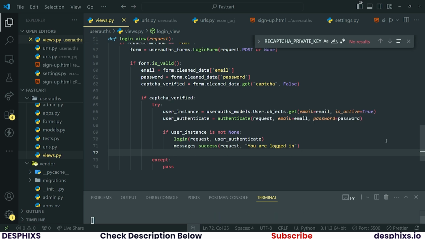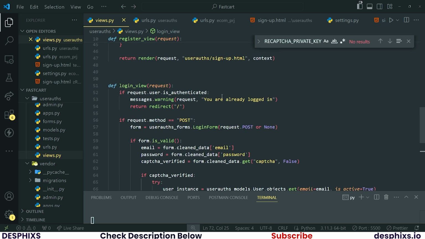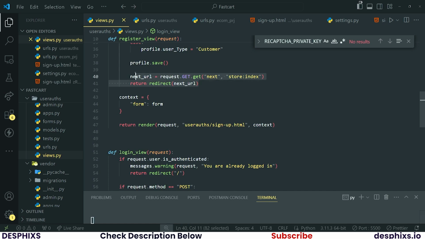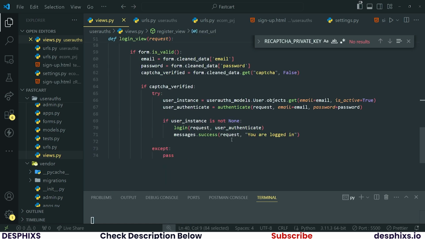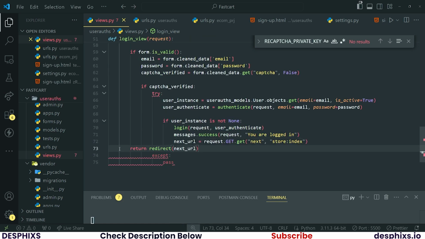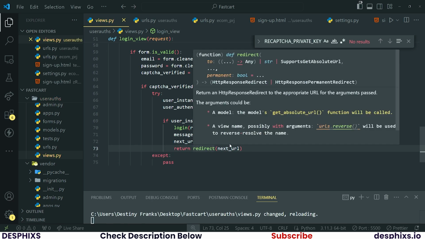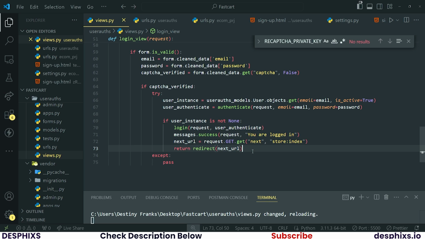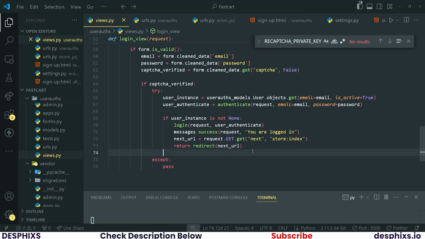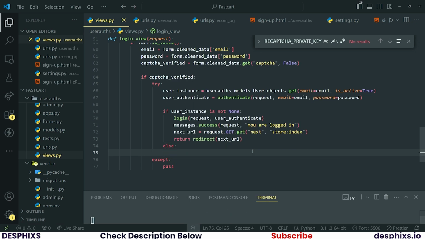Good. So after this, now let's go ahead and also form the next URL, just like we did over here, and return them back to it. So over here, we do the same thing. Please make sure to indent this. And after you have done that, that is everything that we want to do. Let's go ahead and write the else for this. So else should be